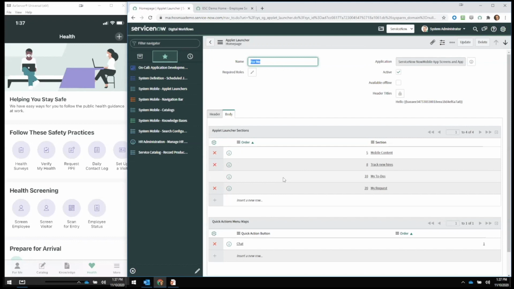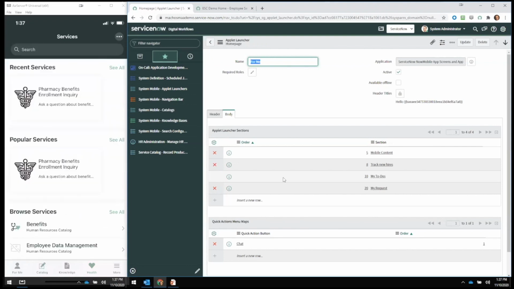So now that you've configured all this, the next question is, well, that seems pretty easy. What else should we be considering before we would roll this out? Obviously testing. And the thing I want to mention around testing is what you should be focusing on specifically. In most cases, all of your record producers and all of your knowledge content should be just fine, no issues. However, if you've done any custom work on your record producers,